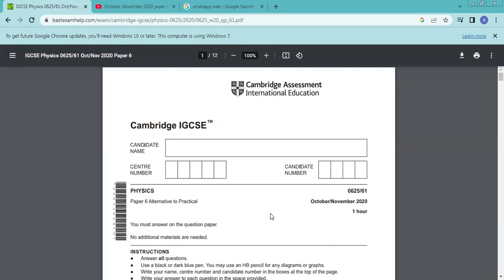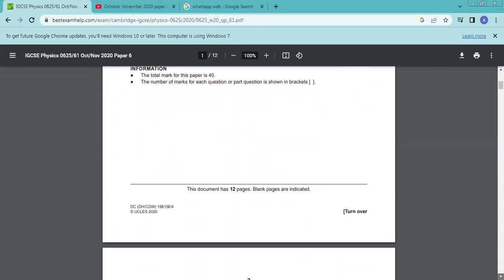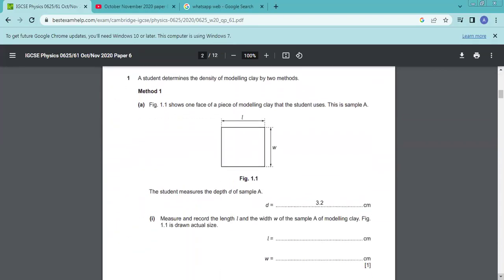Okay. So students, this is Cambridge IGCSE ATP Physics, Paper 6, Alternative to Practical, October/November 2020. And let's start with question number 1. The question says a student determines the density of the modeling clay by two methods. So there is a first method in which figure 1.1 shows one face of the piece of the modeling clay